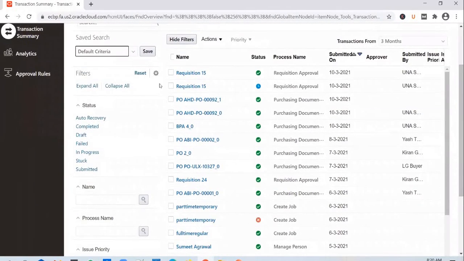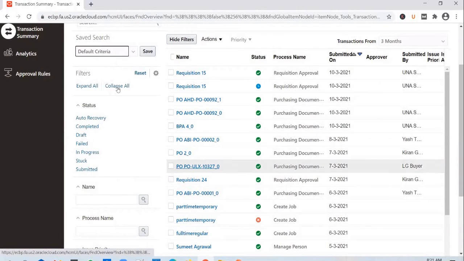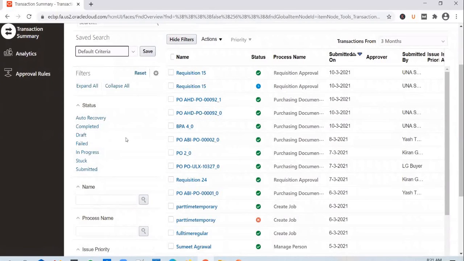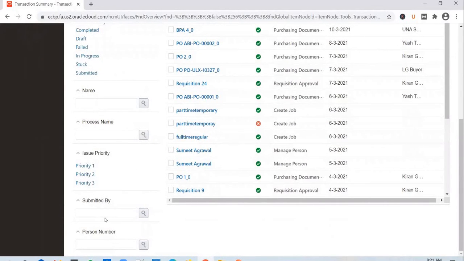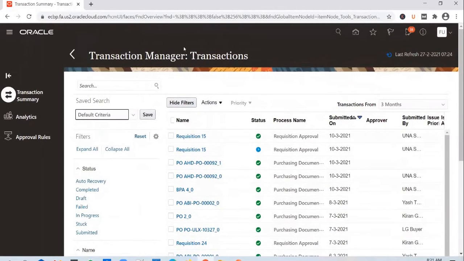On this side, you have a number of filters you can apply. You can search for your request by its name, by the approval process name, by priority, by who has submitted it, or by person number. So you have quite a few filters available, which can help you track your request.